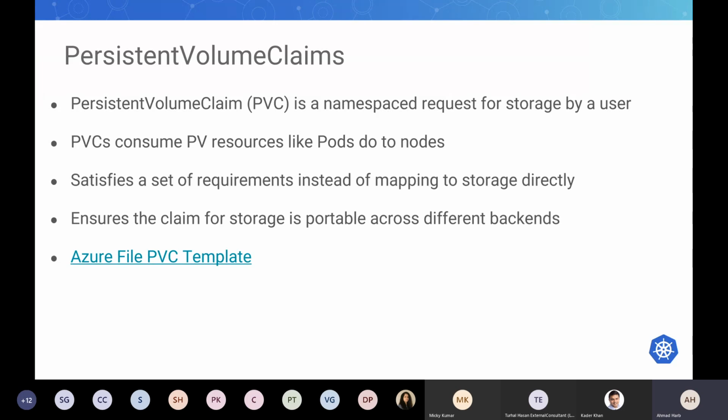And PVC claims is the last one, which is a namespace request for that storage that you have created by the user. So it's not done by the admin. The user will use a PVC to claim that PV created by the admin. The same way pods consume nodes by asking for a certain CPU and memory, the claim is the same way towards the PVC. So the PVC claim will consume that PV by claiming a certain size or a certain